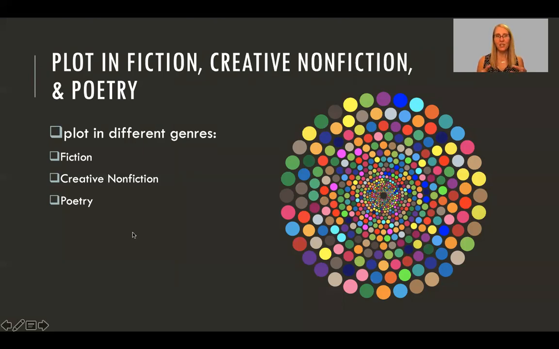In nonfiction, you're basing that on what's really happened. So as a nonfiction writer, when you're thinking about plot or narrative or the story you're trying to tell, you need to think about, well, this happened. How much of that is relevant to your readers and understanding? So you might choose to highlight some things.